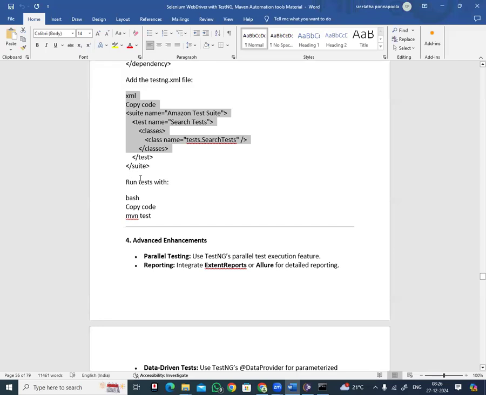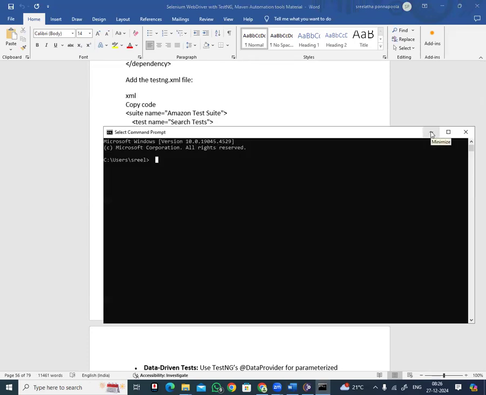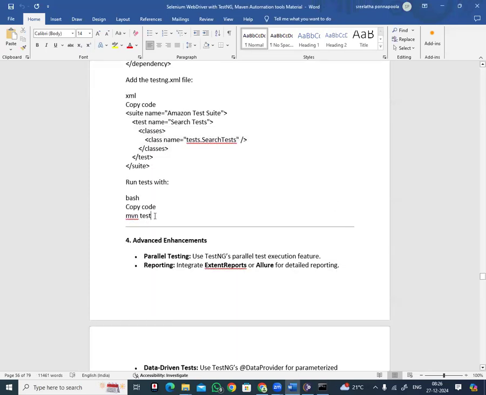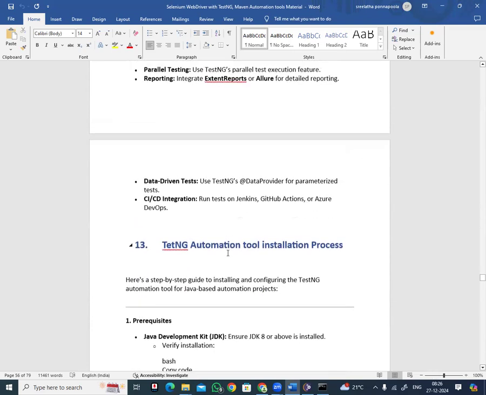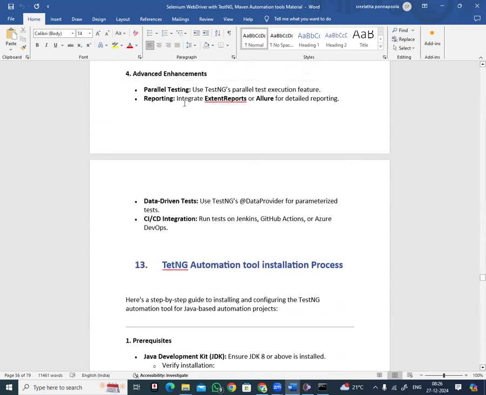Using TestNG, you can execute the automation test cases using Maven commands from the command line. From the command line, after redirecting to the Maven project directory, you should give the mvn test command to execute the automation test cases. Okay. And also we will execute parallel execution, that means execution of automation test cases in parallel. If 100 test cases are created and you want to execute 100 automation test cases in 5 browsers, then